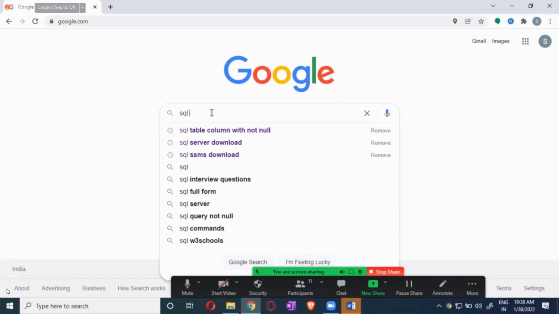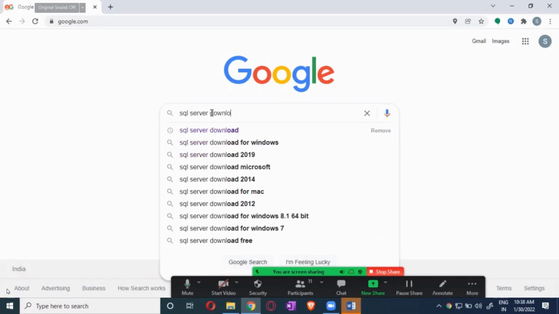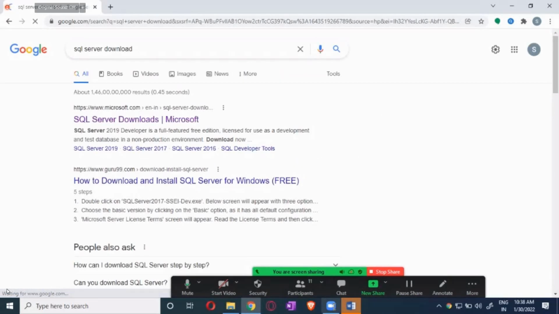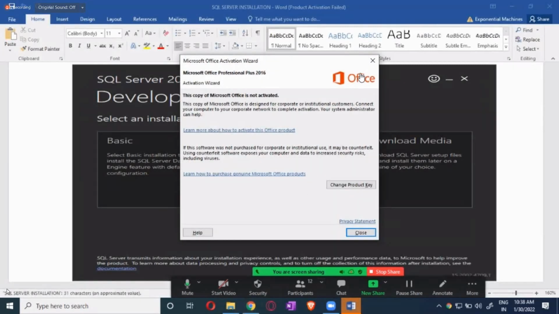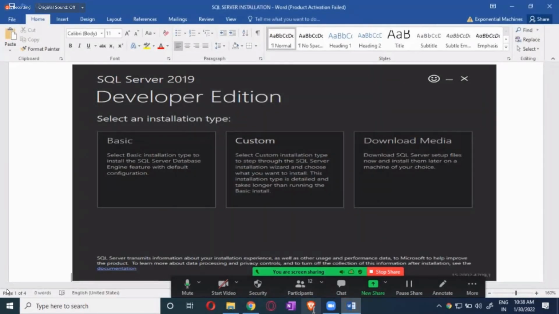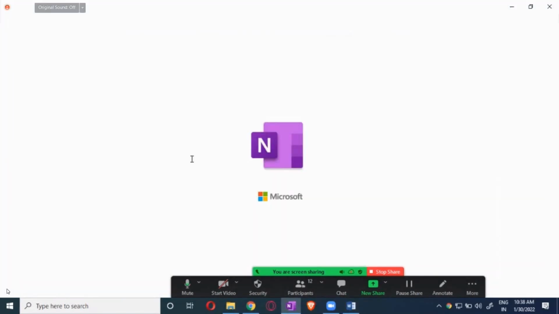SQL Server download. So when you download, now always, as I was saying many times, whenever you are going to download anything, whenever you're dealing with the data,